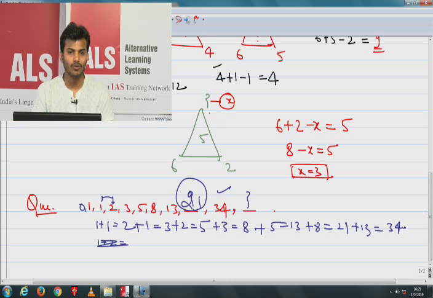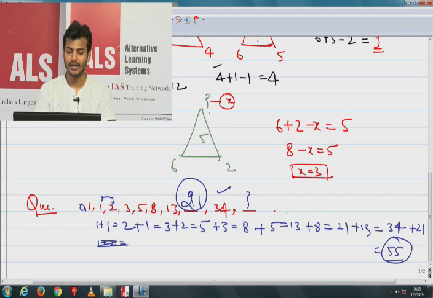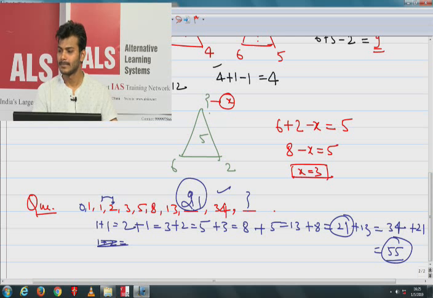So if this is 34, what should be the next? Next would be 34 plus 21, isn't it? So what are we getting now? 34 plus 21 would be 55. So that way we are getting the answers. Here 21, and the second one is 55. All right? I have seen your answer just now because there was some technical issue. Anyway, next is